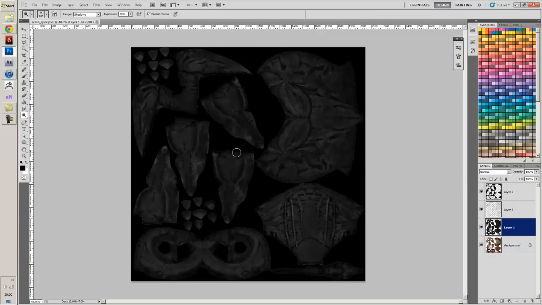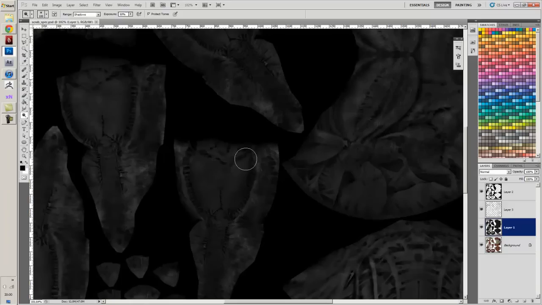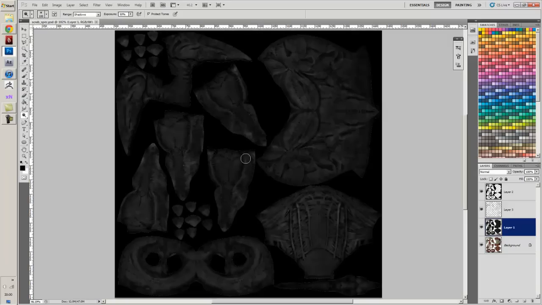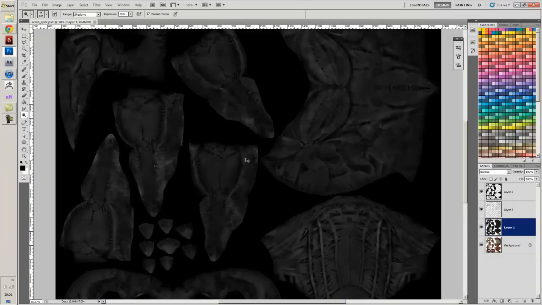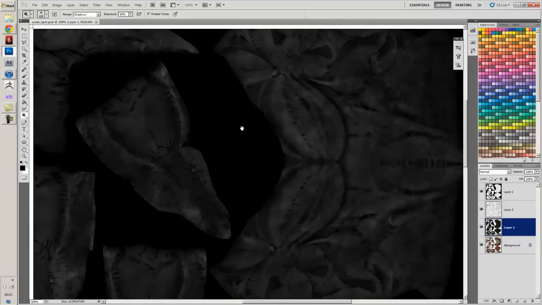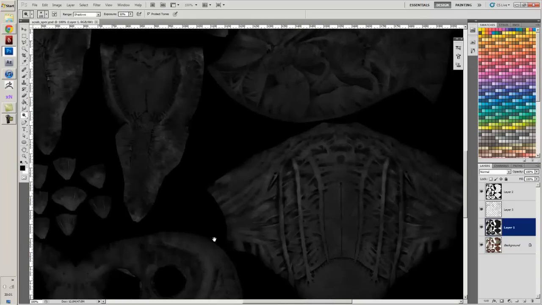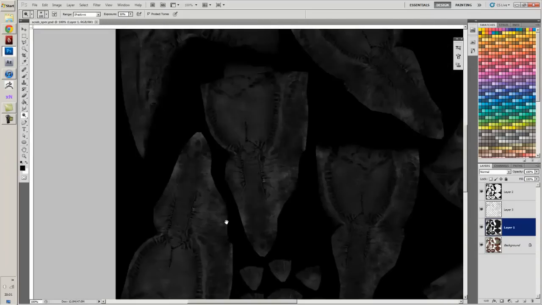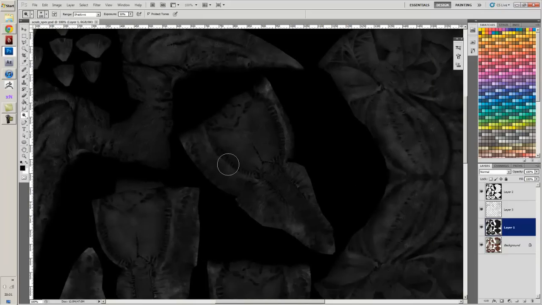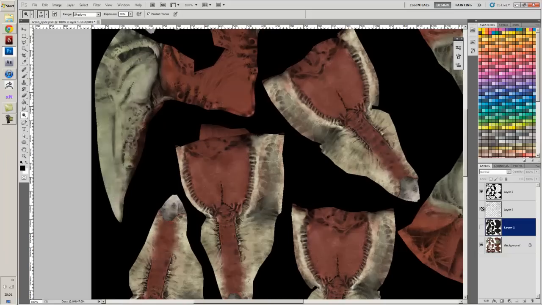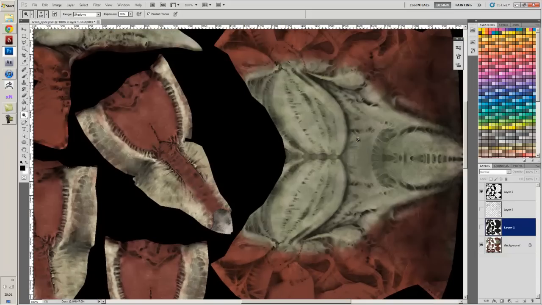There's a bit of preparation work for UDK. This is the specular map that I was talking about. I added in a lot of that sort of leathery skin detail around, just to give it a bit of noise, a bit more interesting features. But I think for skin, particularly on this creature, if I have a look at the colour map, let me just turn that off as well, because it had these white areas, when I made it grayscale,